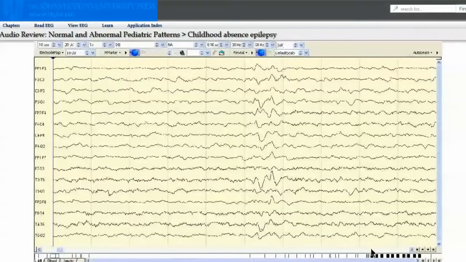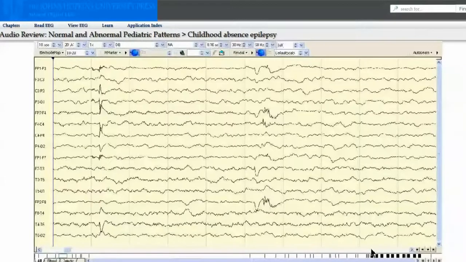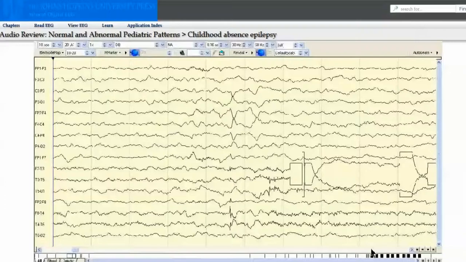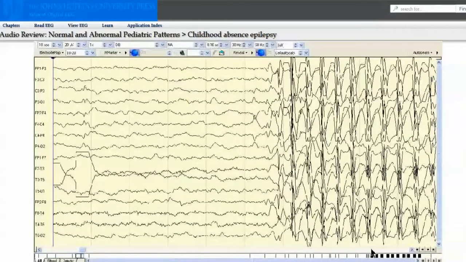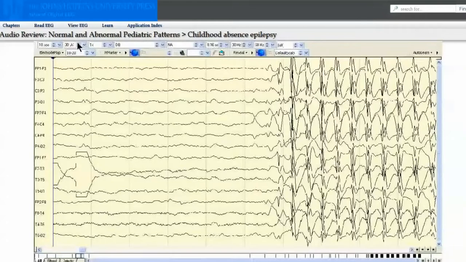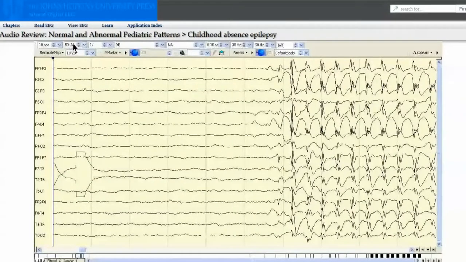This would be typical of reviewing some pediatric recordings if the voltage is high and there is difficulty in interpreting the waveforms. As we move forward, we can see the artifacts as previously described, but now we encounter a burst of activity. To better understand it and to better see it, once again, we will lower the voltage. Here at 50 microvolts per millimeter, therefore showing that these morphologies are in excess of 200 microvolts, we can see,